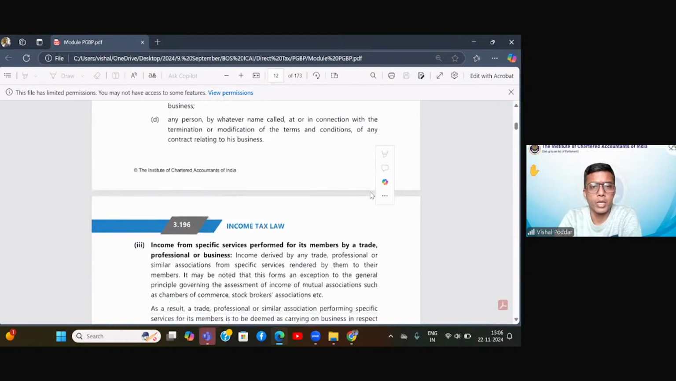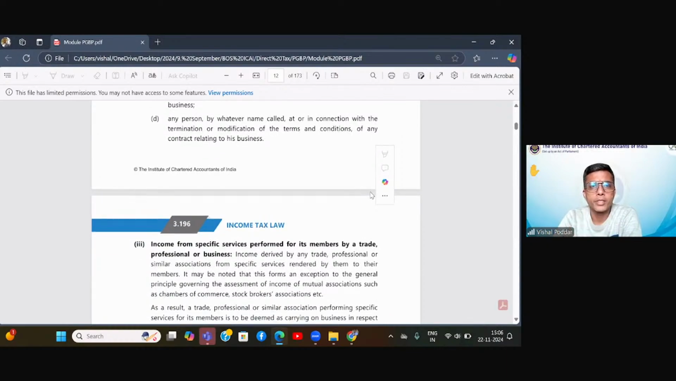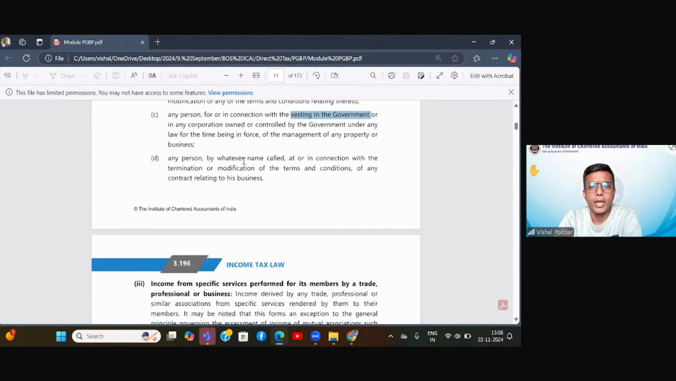Now, what else is covered? Again, compensation, for what? In connection with termination or modification of the terms and conditions of any contract. Fine. So in all these cases, okay,